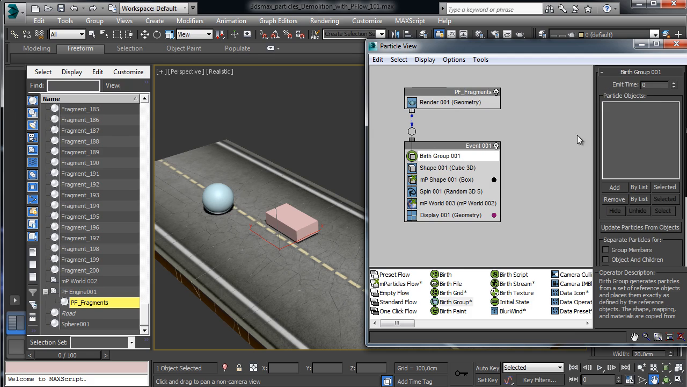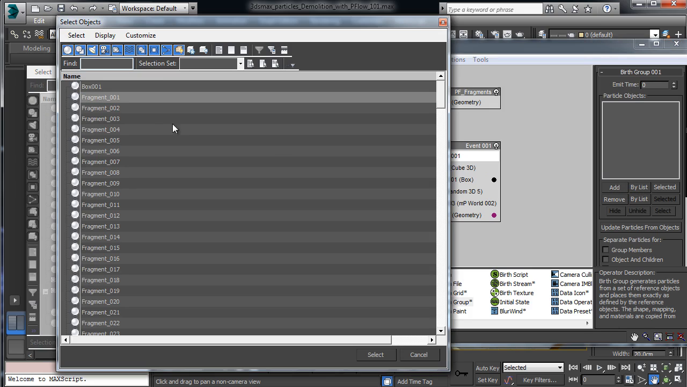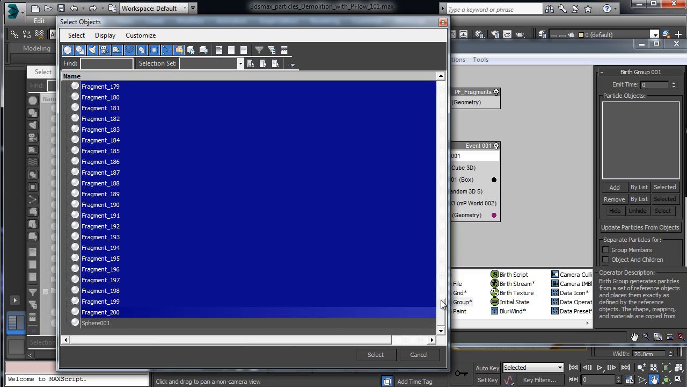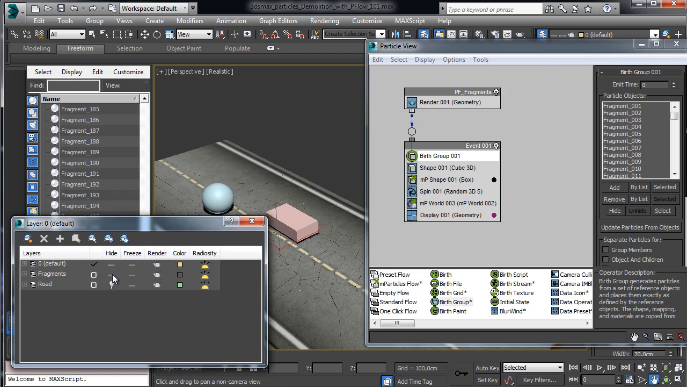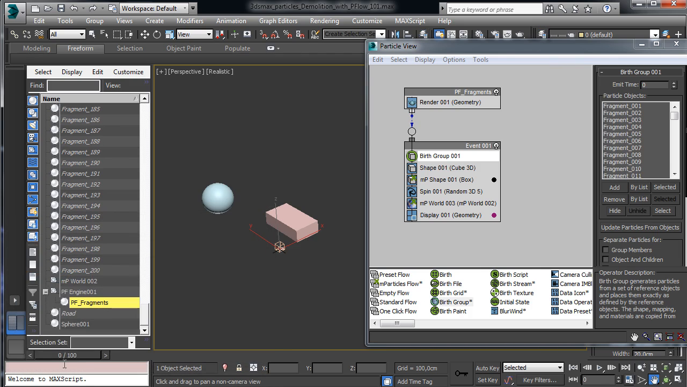Okay. So the group, you see, needs to have some objects. We can pick by list all the fragments, so with the Shift key we can pick all the fragments. Now we have this particle system made of particles, but let's see what happened. Let's remove the fragments. If you see, we again have some particles moving and going away, so that's something wrong,